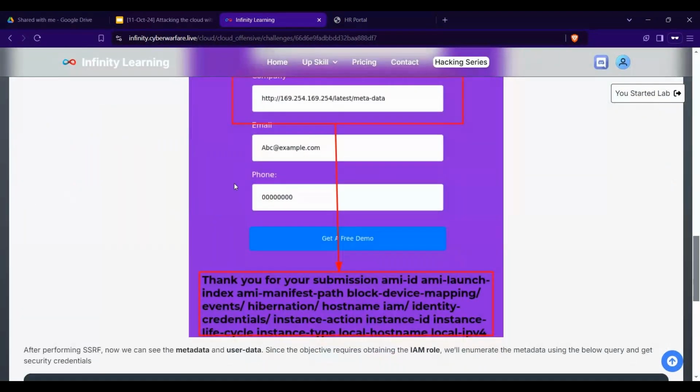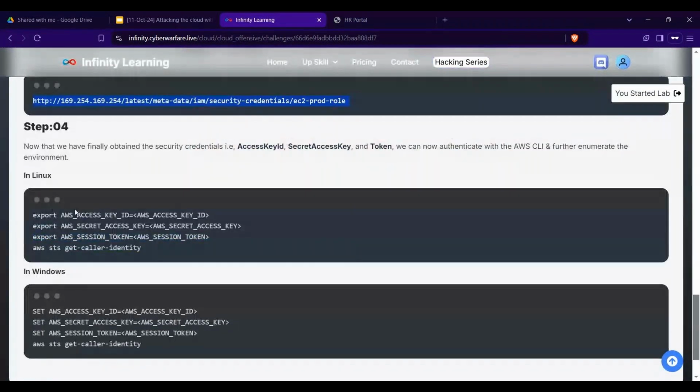So from the write up we got this. We can simply export these tokens, and then we can call this. So let's